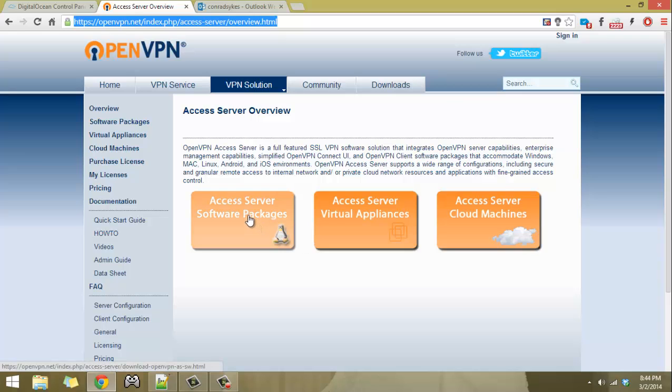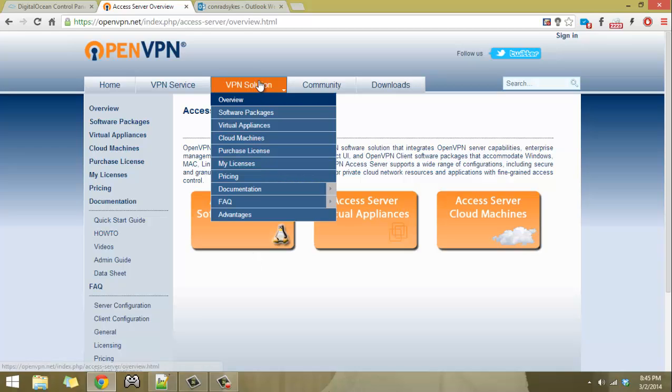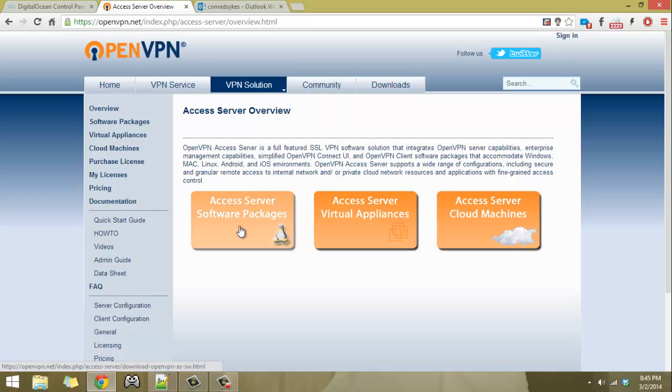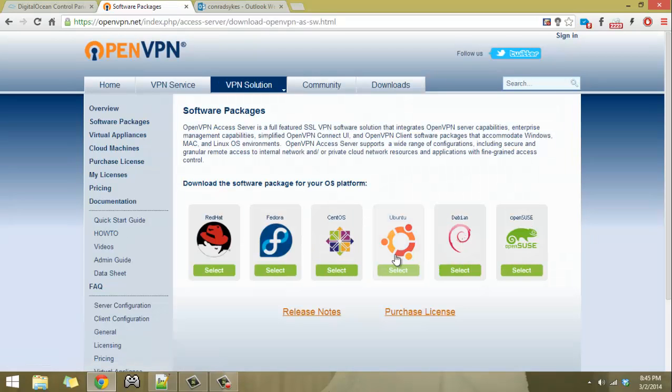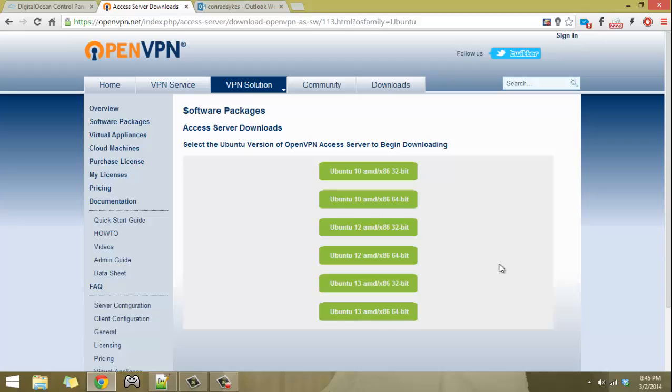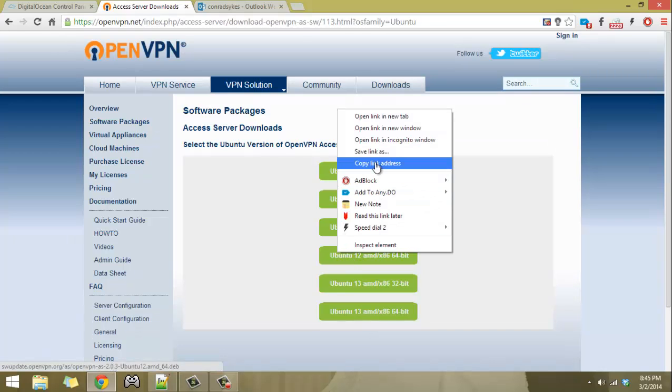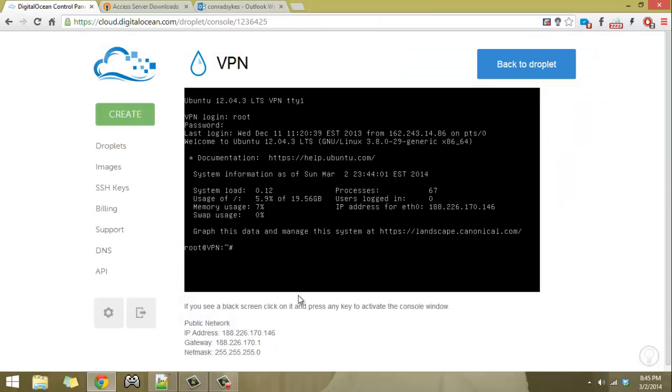So I'm going to put this website link in the notes section on this video, but it's at openvpn.net, and then you just need to look for the VPN solution, and it's somewhere under here, but I'll link to it. So now we're going to click on the Access Server software packages, and we're using Ubuntu 12.04, and I believe it's the 64-bit edition. I can't remember exactly, but we'll see. So I'm going to copy the link address, and then we'll go back over to our server,